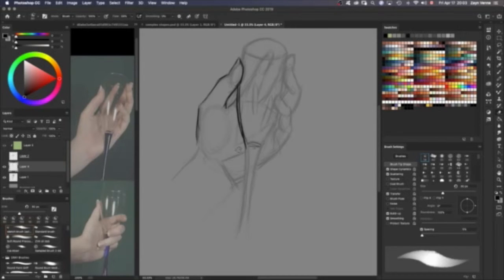And I'm using a little bit of a big brush for this, but then I see this big highlight, so we can throw that in there. We can even do